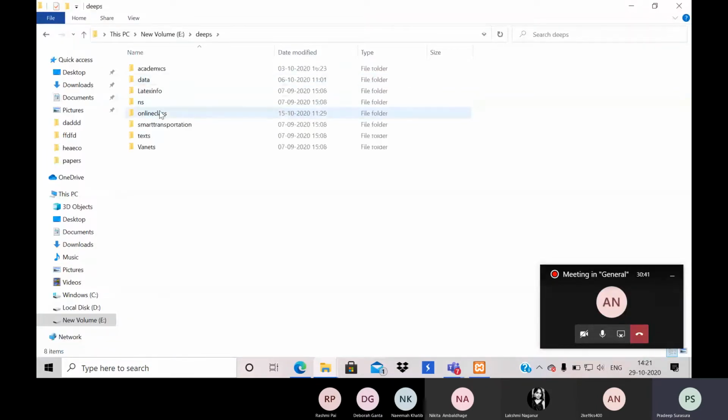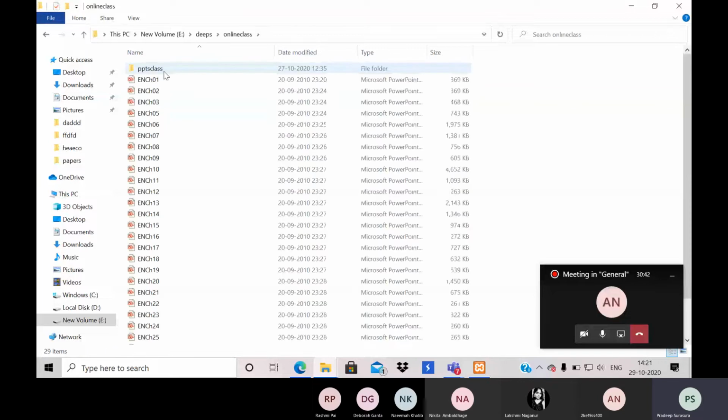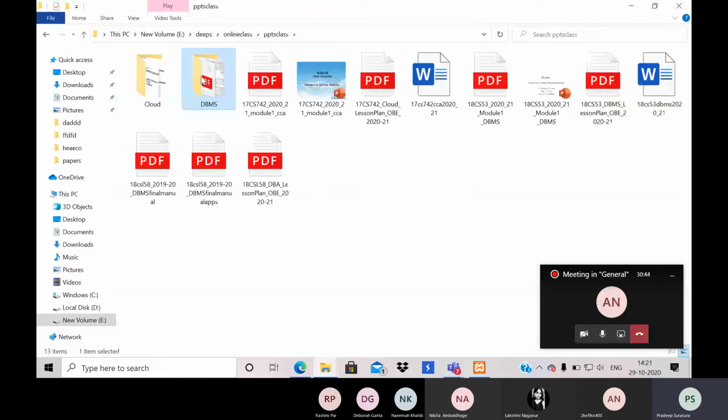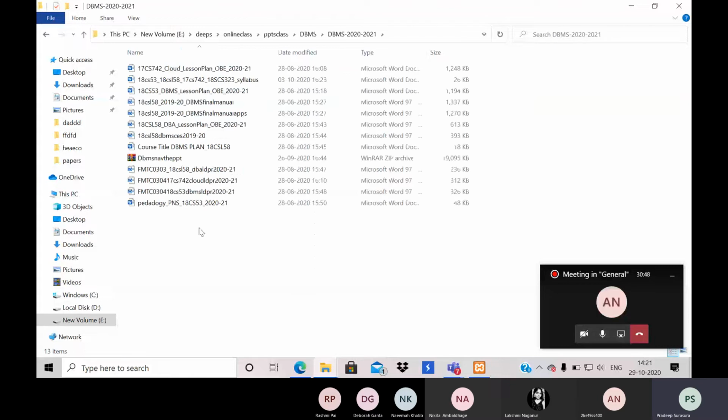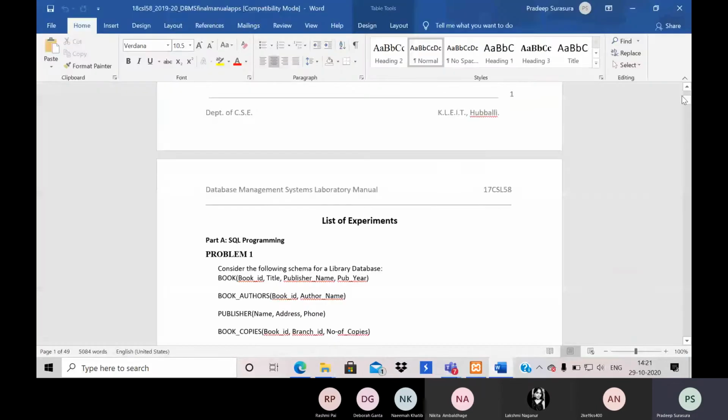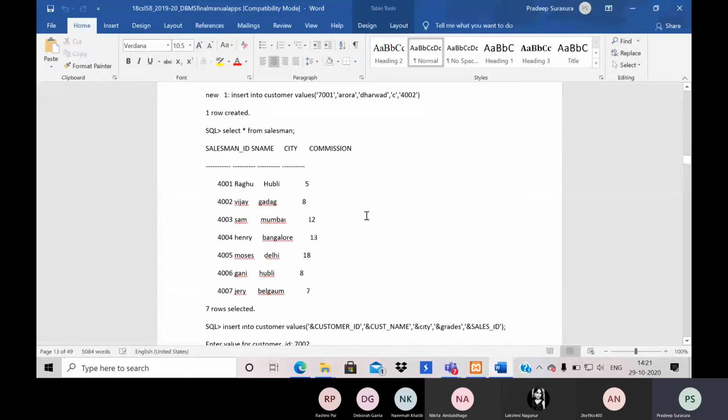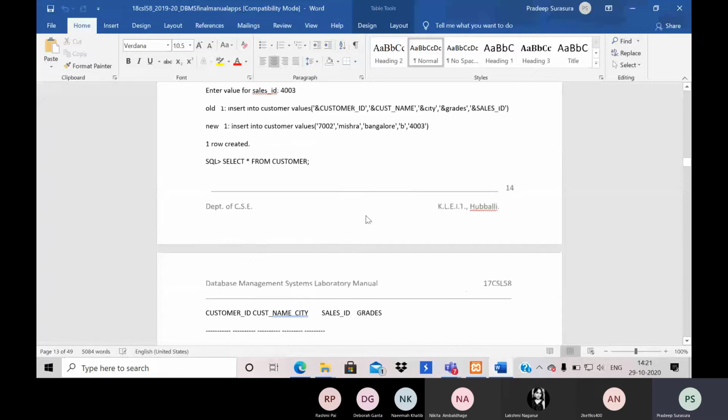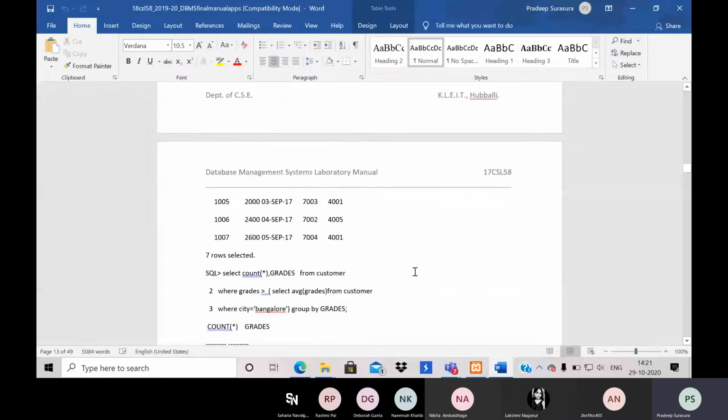So I do not know what the queries are, so I'm trying to take out the queries. So what are the different queries? The second application holds some queries after creation. After insertion, I do have some queries. Okay, so the next query is to select or count the average grades for a particular city. So the queries go like this.